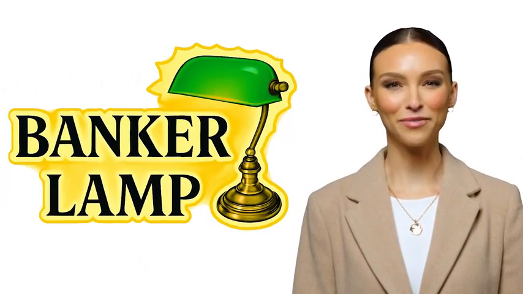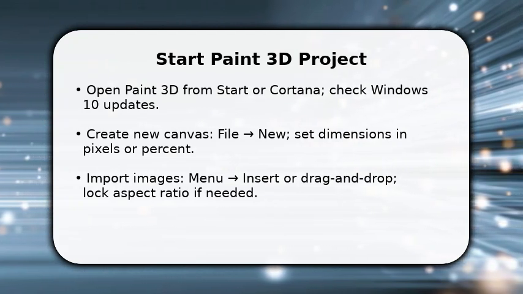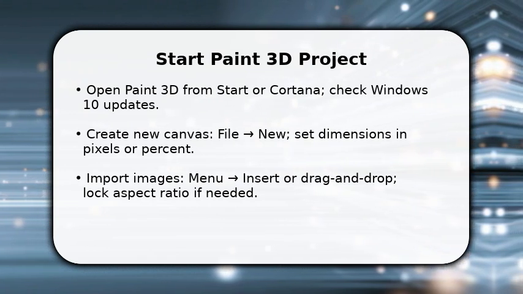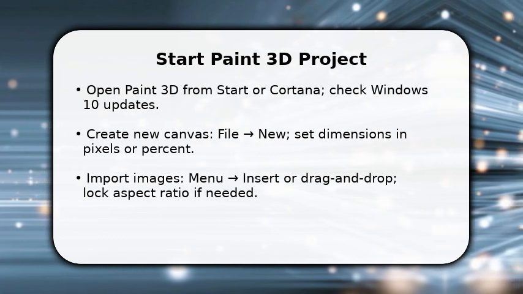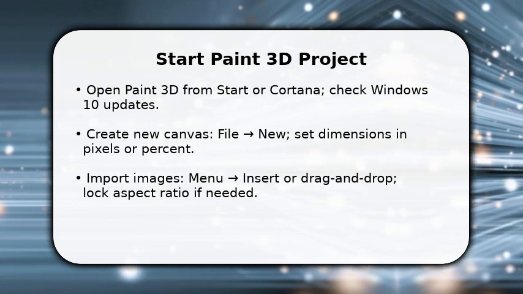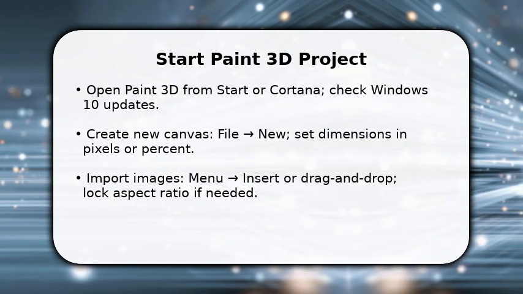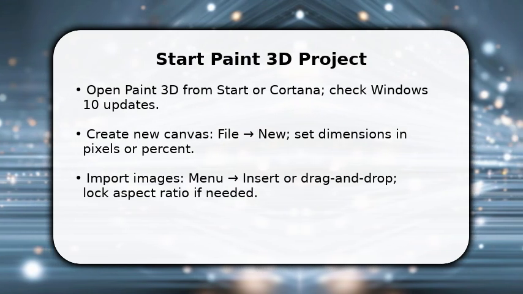Please enjoy the video. You begin by launching Paint 3D and creating a fresh canvas so you can work quickly. Once done, set your canvas size explicitly, pixels or percent, because that controls export resolution. Next, import the base image or reference via insert or drag and drop, and use the lock aspect option to prevent accidental stretching. While you're here, pick a default background color and save an initial version so you can revert